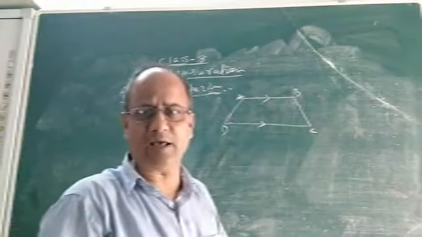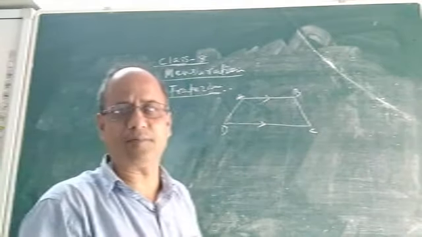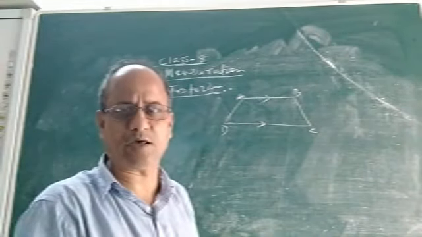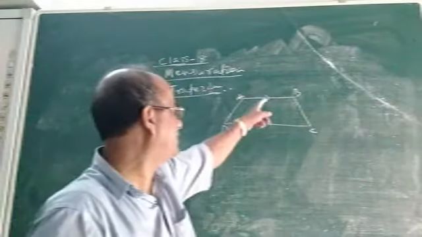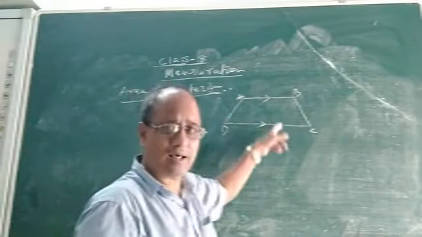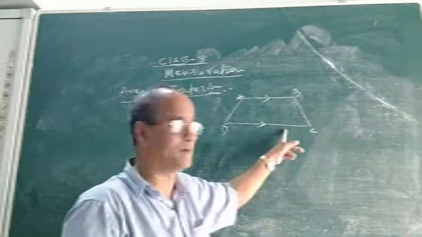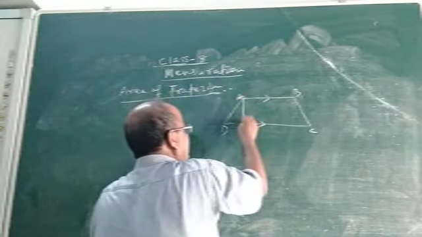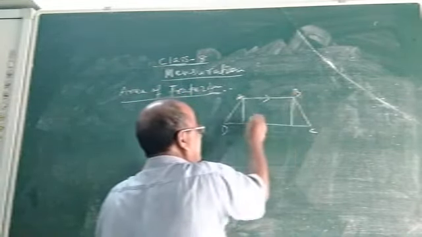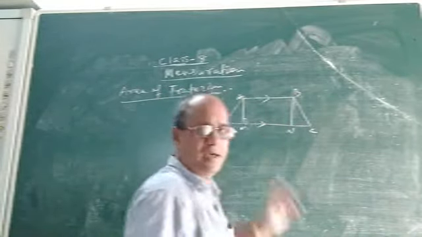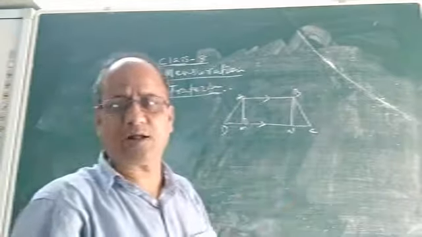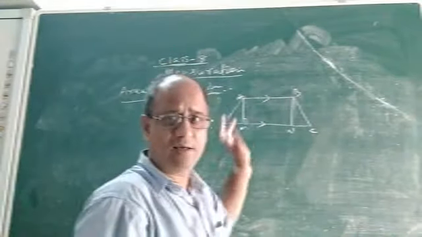Now how do we find the area? What is the formula for the area of a trapezium? We are going to read it for the first time. Let us see what the formula is. One more thing I had said: if AB and DC are the two parallel lines in a trapezium, then this distance is the perpendicular distance. Suppose this is M, this is N. AM and BN are the perpendicular distances between the two parallel lines.